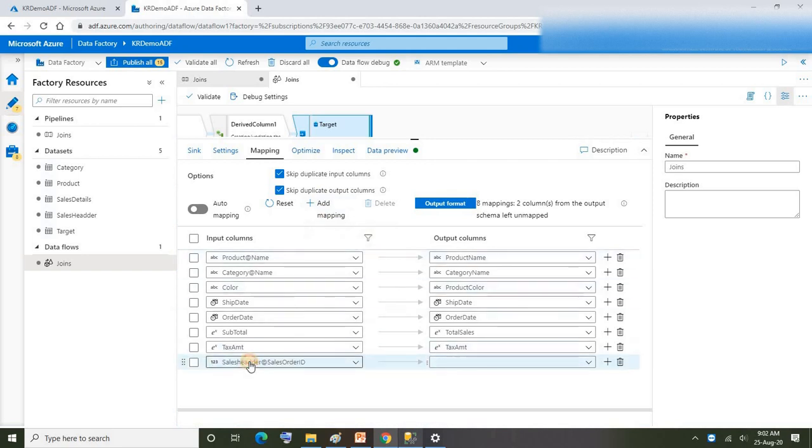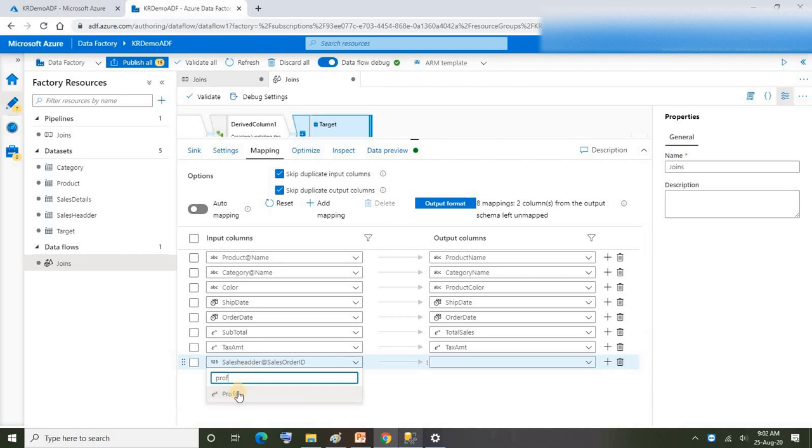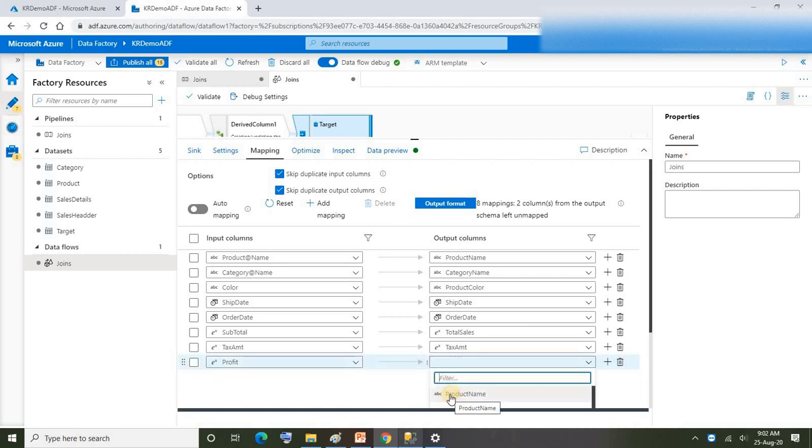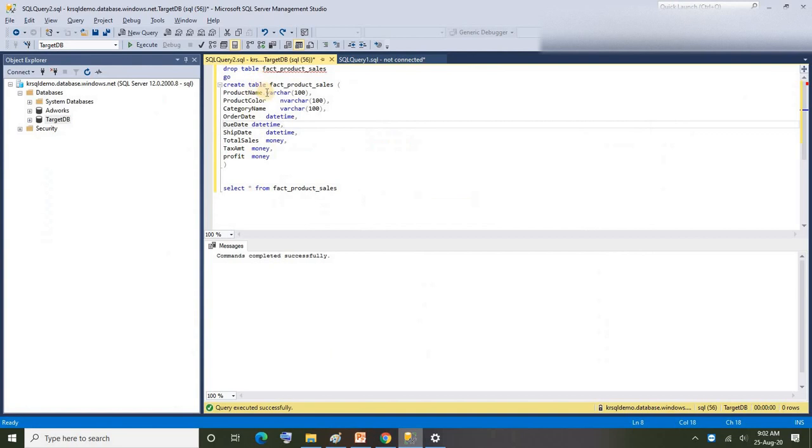Let me say profit, and here it is profit, right? All done, I guess. Let me check. 1 2 3 4 5 6 7 8 columns, and let me check here. 1 2 3 4 5 6 7 8 9.